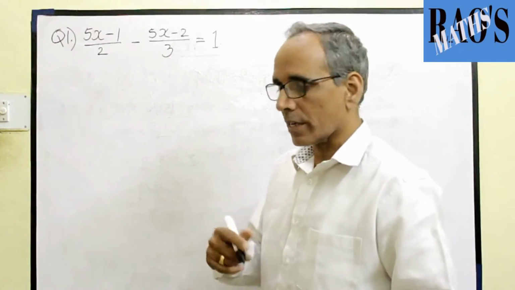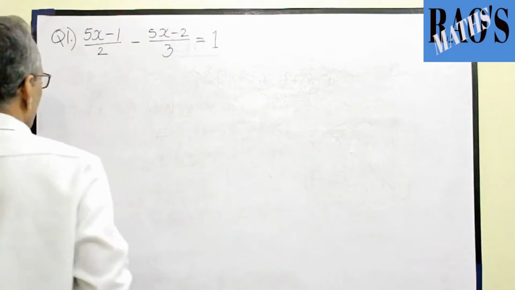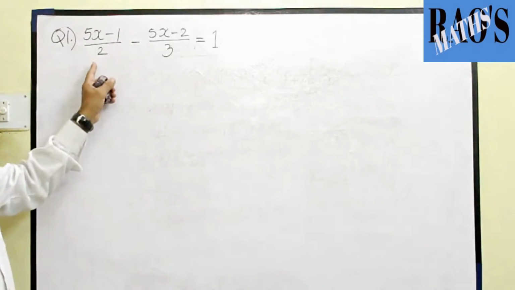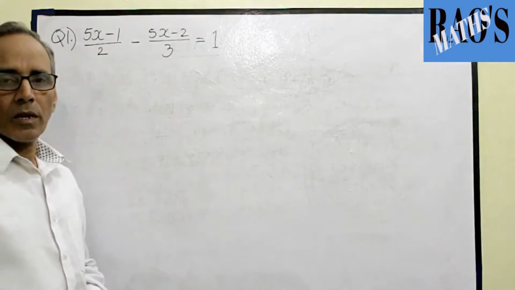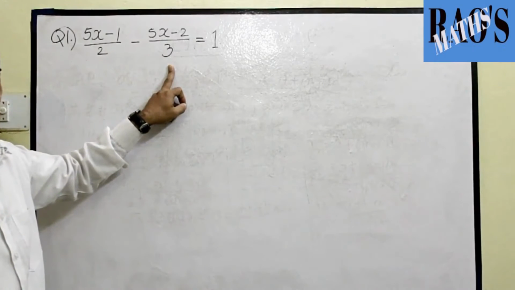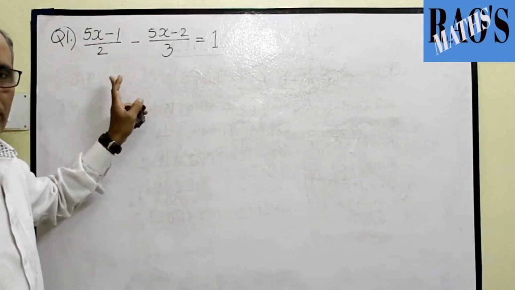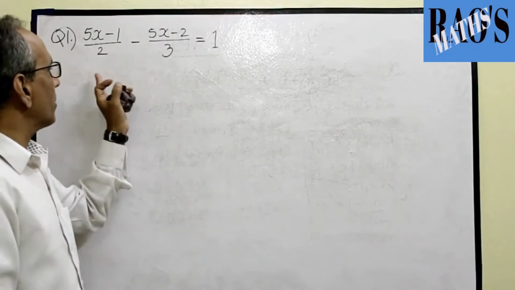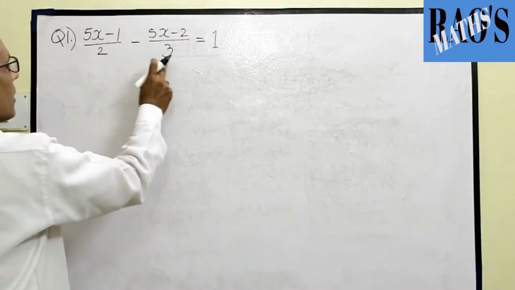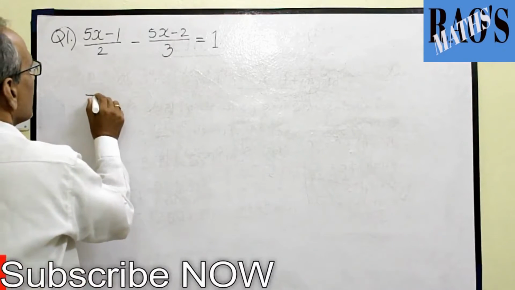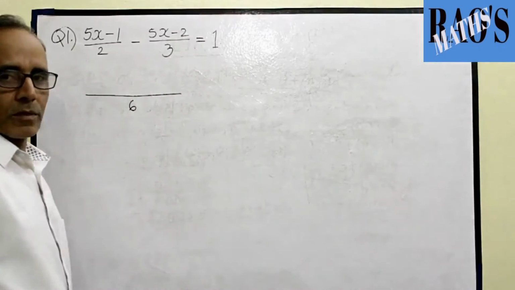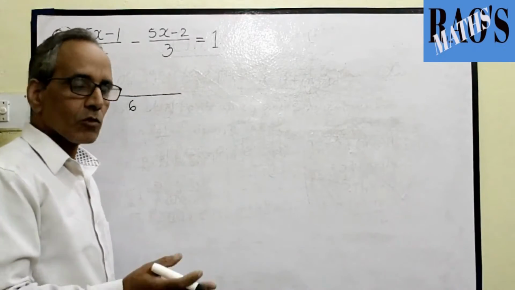I explained during working. First of all, we see these fractions are unlike fractions because they have the denominators 2 and 3. Of course, we know how to subtract two fractions by converting them into like fractions. How to convert them into like? By making the denominators equal. That means the LCM. The LCM of 2 and 3 is 6, because 2 and 3 are co-primes, so the product is their LCM, 2 into 3.